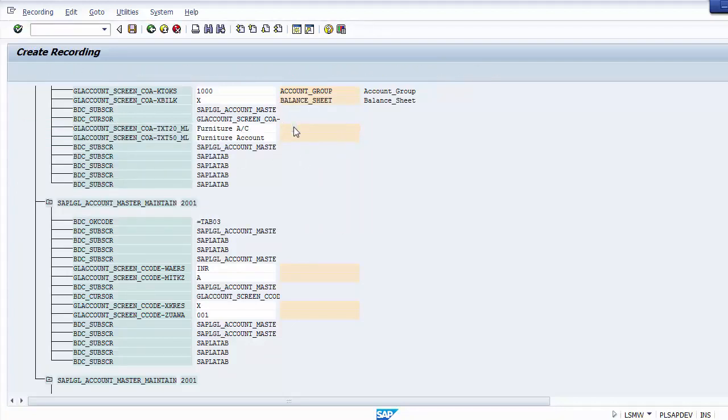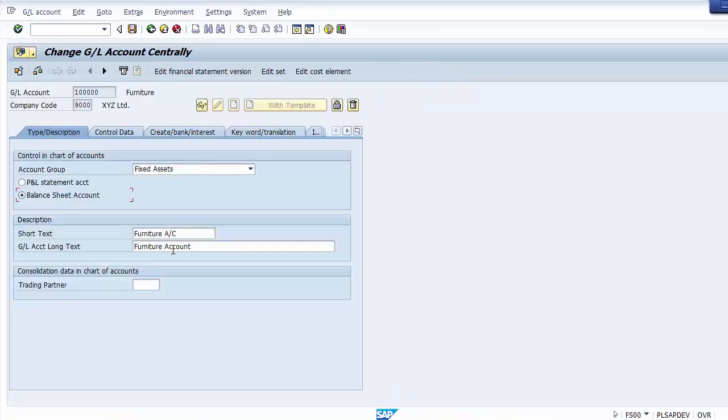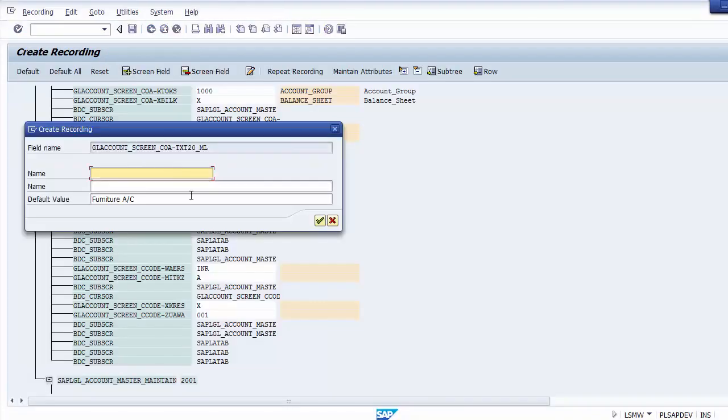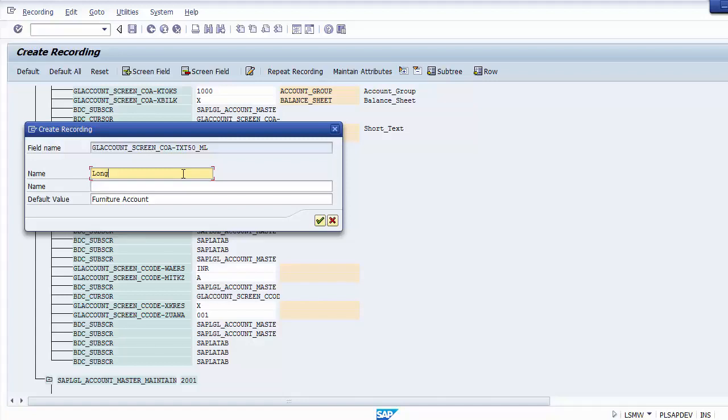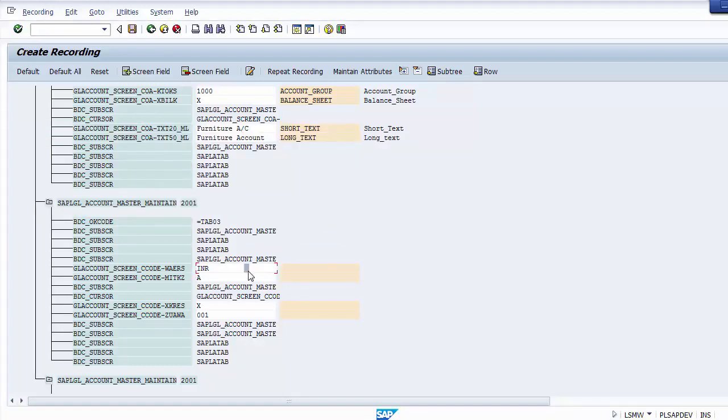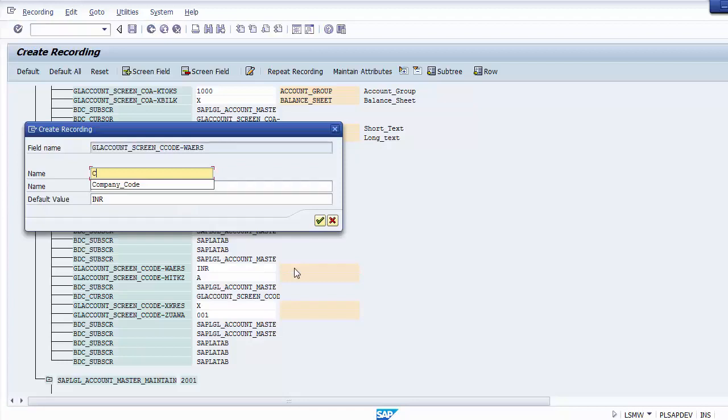Okay, moving to the next, now is the furniture account. So you can check back again, this furniture refers to the short text and this furniture refers to the long text. So the short text can be assigned over here to it, the same can be copied in the next part for description, and then you can take the long text, same can be copied in the next part. Then you can move on over here, this is the currency, and you can copy,